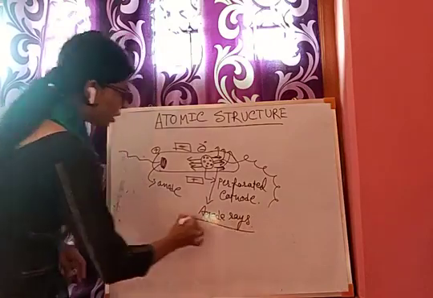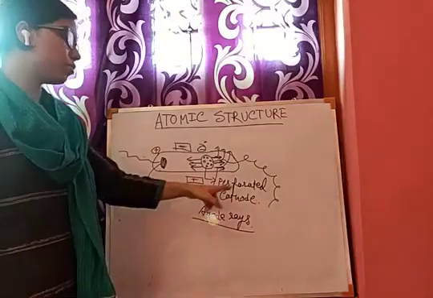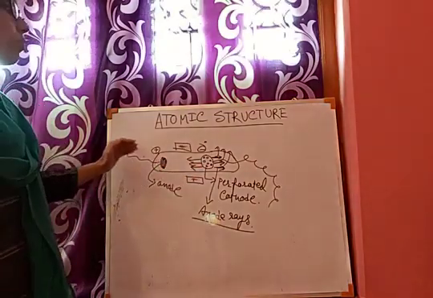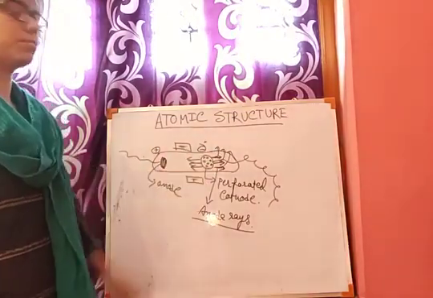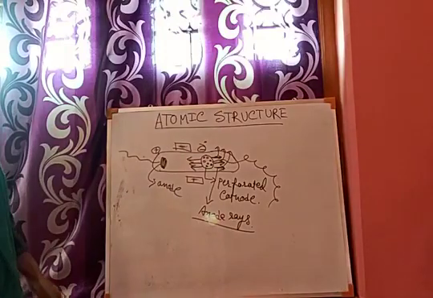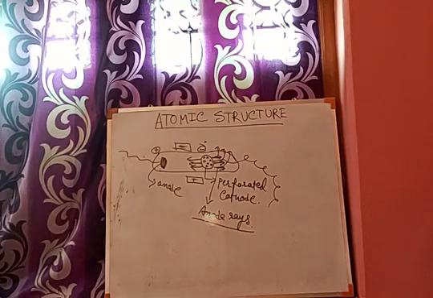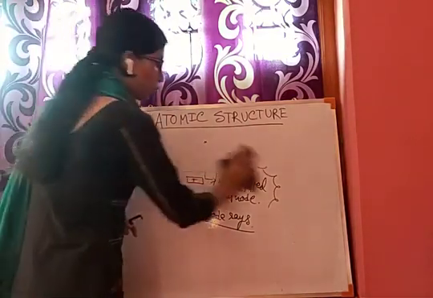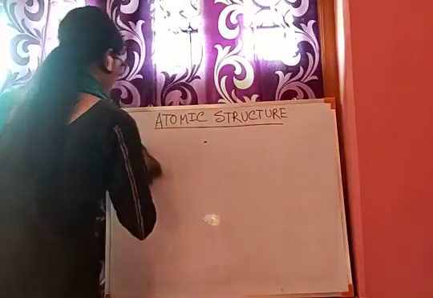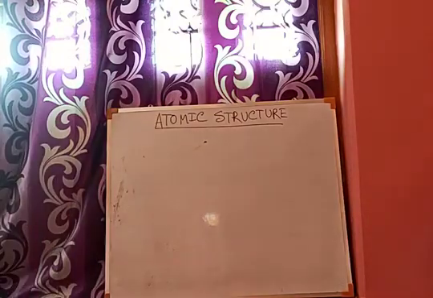So here the experiment is the same as that of J.J. Thomson, but there is only one change: Goldstein took the perforated cathode, and due to the existence of holes in this perforated cathode, he found some other rays going in the opposite direction to that of the cathode rays, that are positively charged and deflect towards the negative electrical field. So these rays were found to be positively charged, and he found that these are actually protons. So the discovery of these anode rays is actually the basis of the discovery of protons.